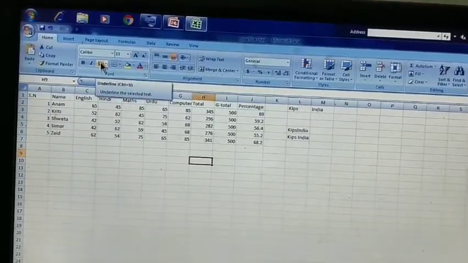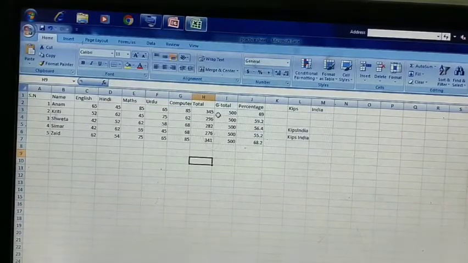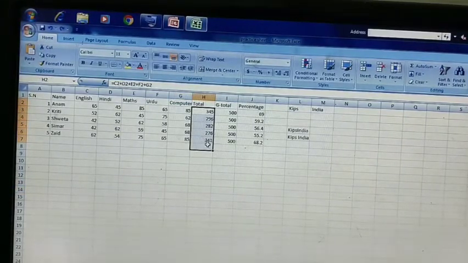The next topic is cell reference, but before cell reference, I want to explain some of the functions, because after understanding the functions, you'll understand the cell reference in a better way. So let's start with some of the functions. I told you how to calculate values using the simple formula. Now I'm going to tell you how to perform any calculation using functions.